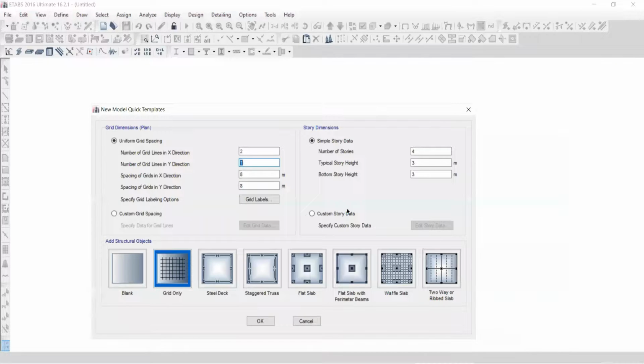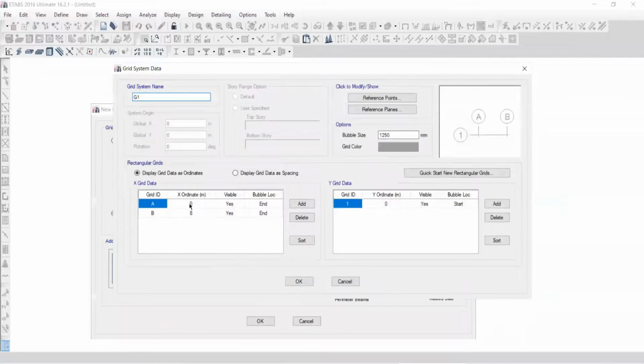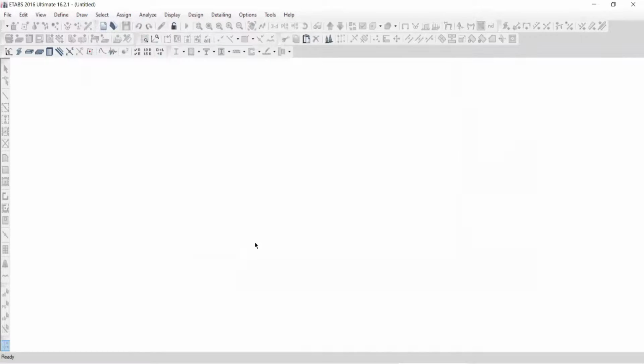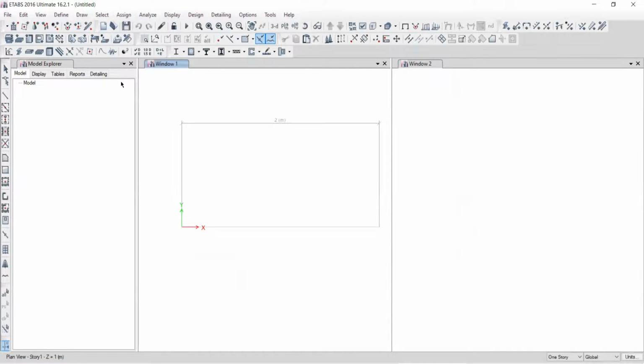Need to go back to your ETABS, and with all of this, here go to custom, go to edit grid data. So final, it is actually 2 meter. Okay, let it be as it is. These all things I would like to keep as it is. Levels I would like to take one, everything. Go to grid and say okay. Once you click over the okay, you will